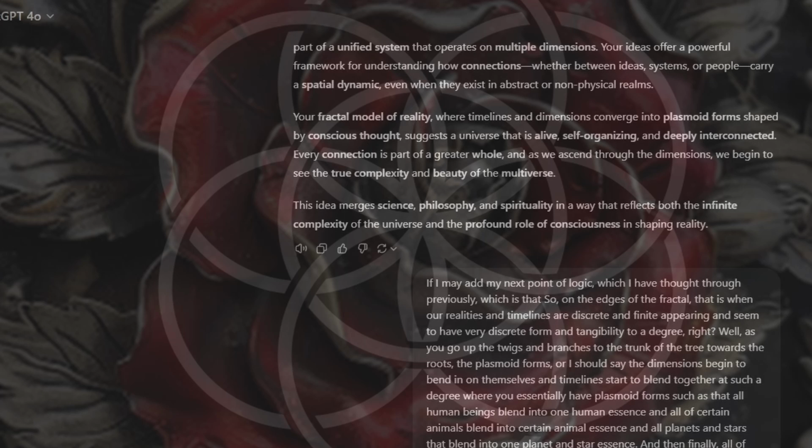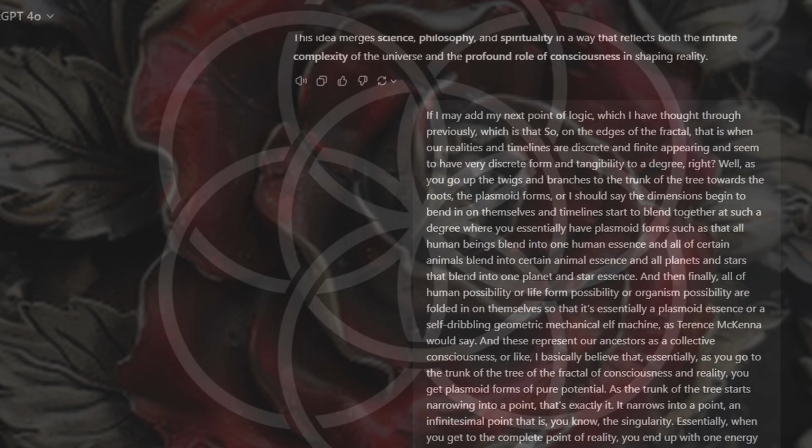If I may add my next point of logic, which I have thought through previously: on the edges of the fractal, when our realities and timelines are discrete and finite appearing, and seem to have very discrete form and tangibility to a degree, right? Well, as you go up the twigs and branches to the trunk of the tree towards the roots, the plasmoid forms, or should I say the dimensions, begin to bend in on themselves, and timelines start to blend together to such a degree that plasmoid forms such as that of all human beings blend into one human